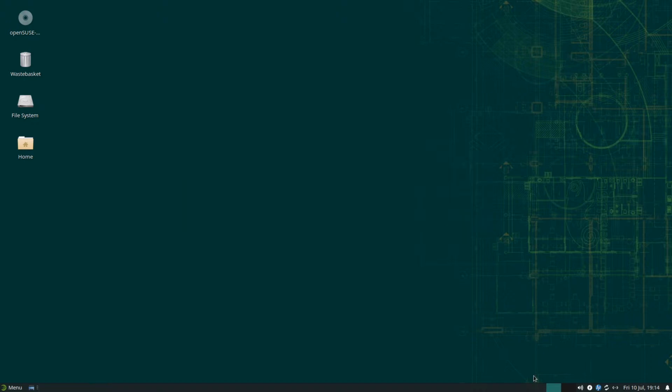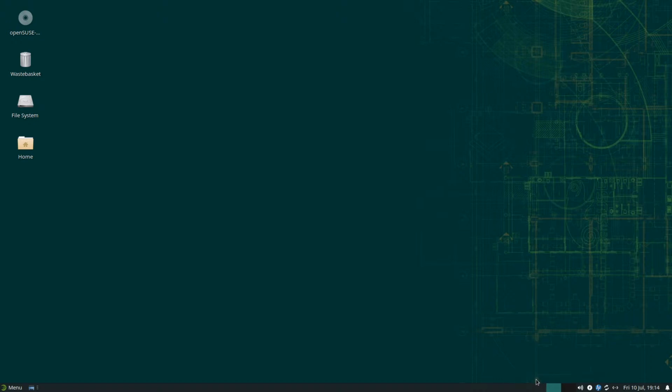Now I don't know if you can see down here in the bottom right hand corner of the panel, as I'm moving my scroll wheel up and down, I'm actually switching desktops from 1 to 2. So you can have multiple desktop workspaces here as well. I don't generally work with that because I'm a dual screen user anyway, but if you wanted to have a browser on one screen, a terminal on another, you could do that via workspaces,